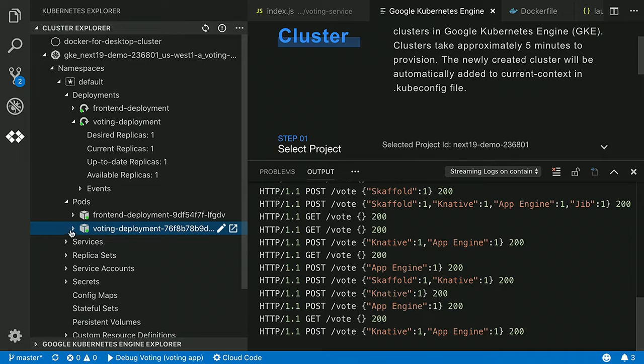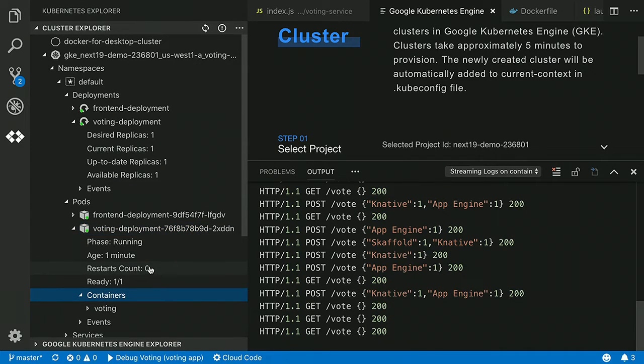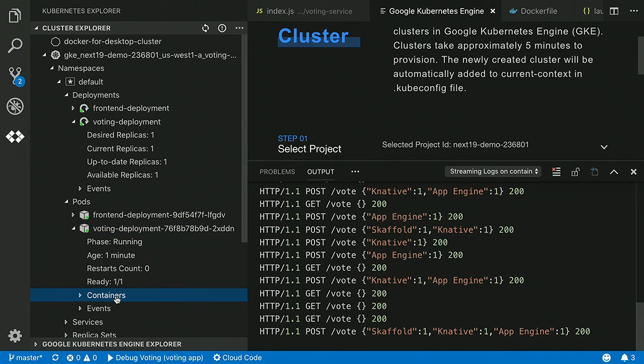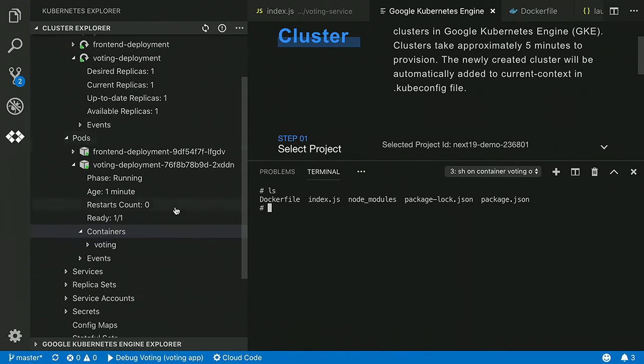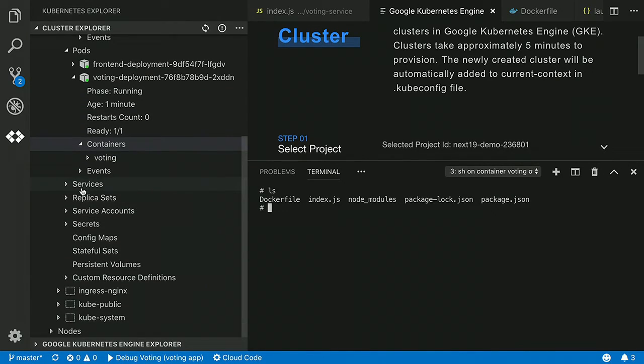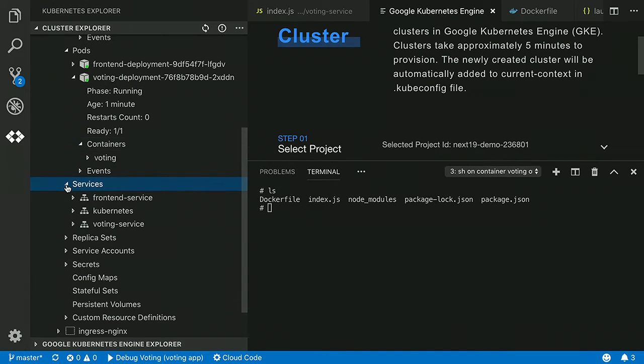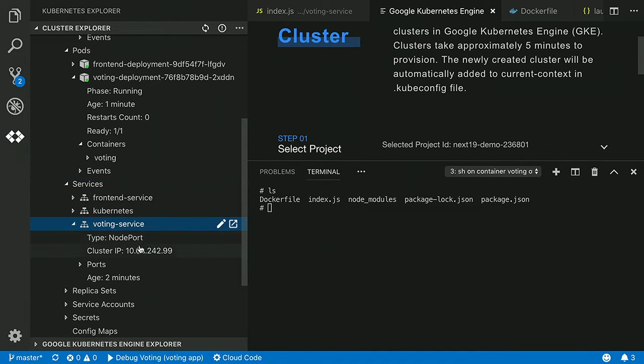And then we can go inside of our containers and get access to our terminal. If I click on the container for our voting application, we can get the terminal and do things like ls to see what's inside of our container, right from the Cluster Explorer. And then we can check on the IP addresses for our services right here as well. So we can look at our voting service, and we'll see our IP address, and then we'll see the location